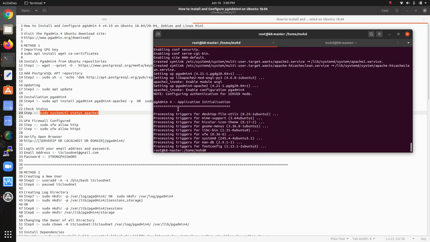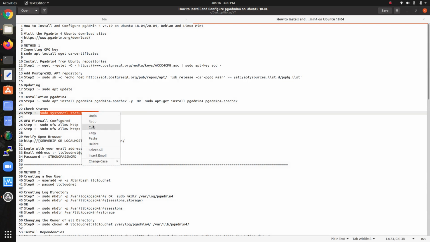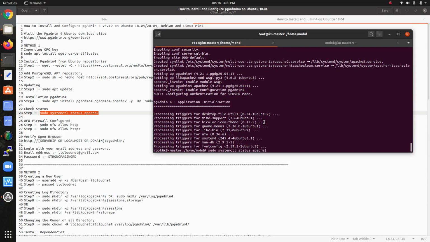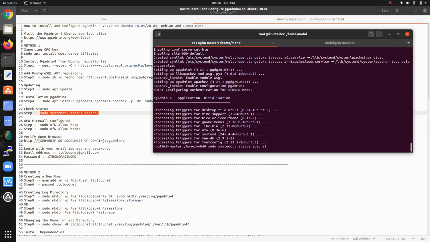I think the application initialization is completed. So let's check this command, and you can see the Apache should be running. After that we'll allow the firewall, and then we're going to log into the browser.